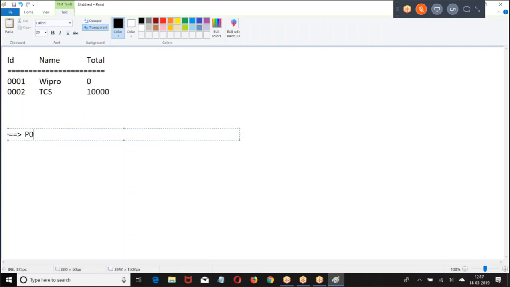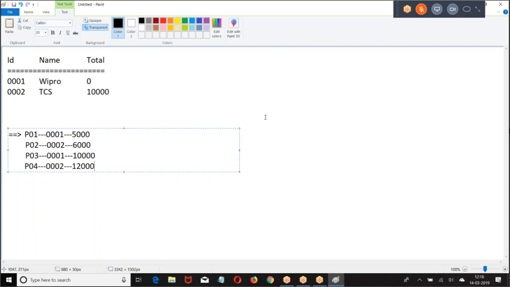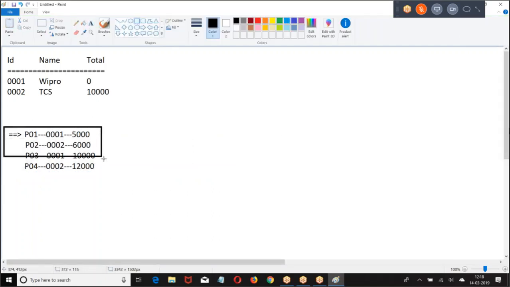I'm going to insert the following parent records: P01, this is the data that we have. This record we are trying to insert. All these records at a time we are trying to insert.